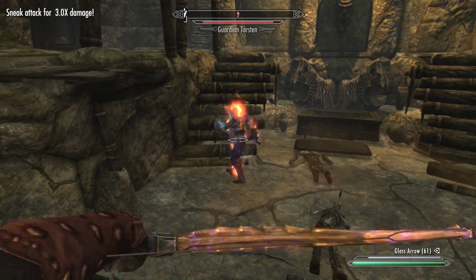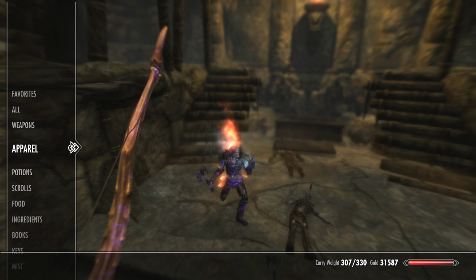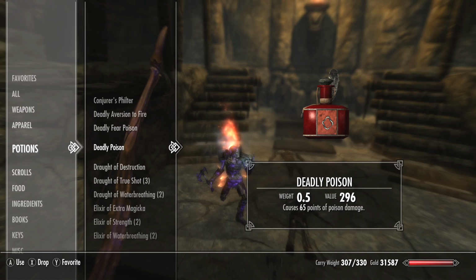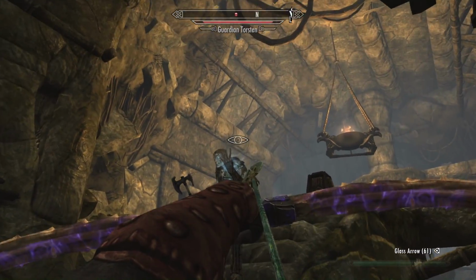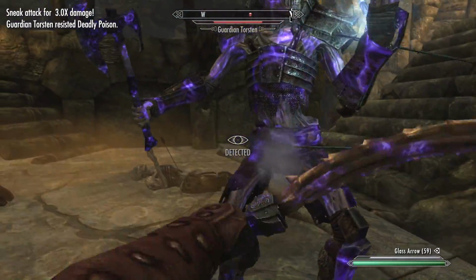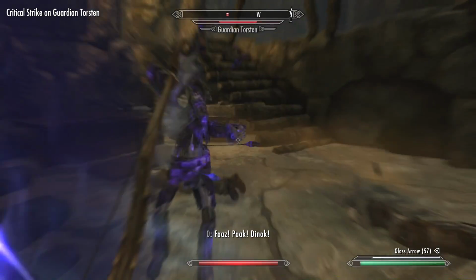Bye-bye. Okay, one thing that I haven't shown is that you can, of course, poison arrows. So let's do that. Deadly poison causes 65 points of poison damage. Nice. Let's hop over here. Excuse me. Fall down. Thank you. All right, let's see how much damage this does. Pretty good. I have nowhere to go at the moment. All right, what's up? Nice to see ya. Oh, no, you did not just...